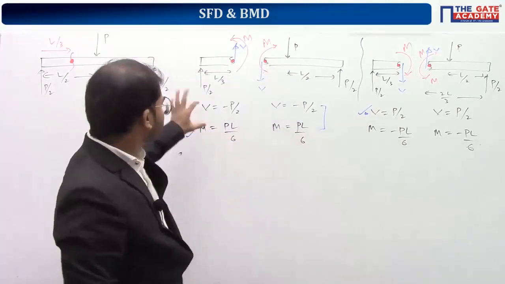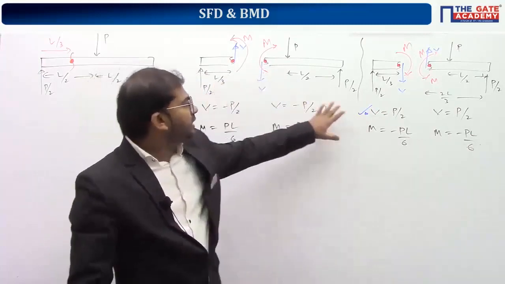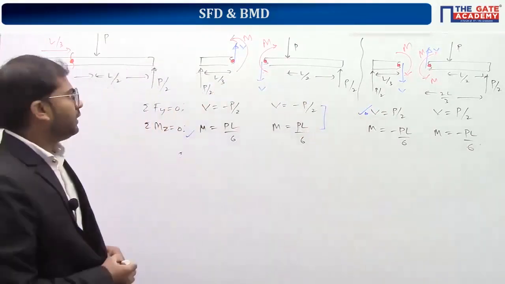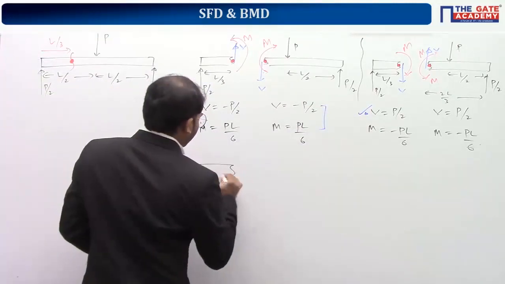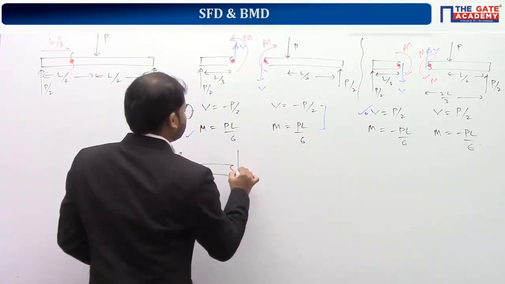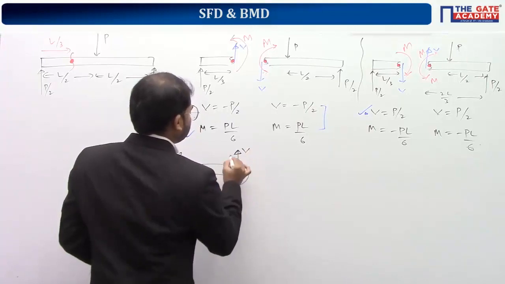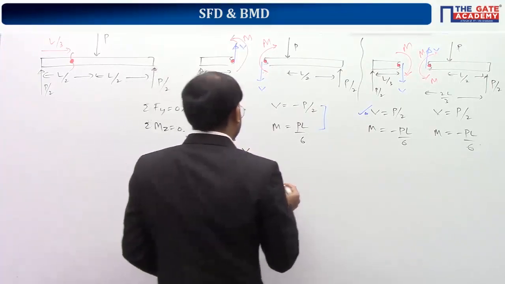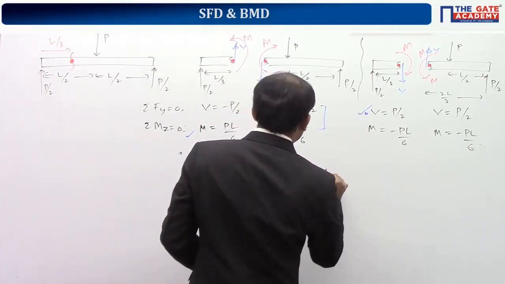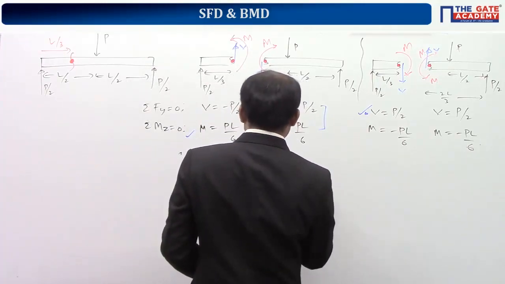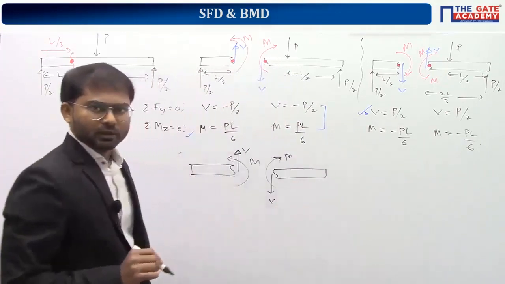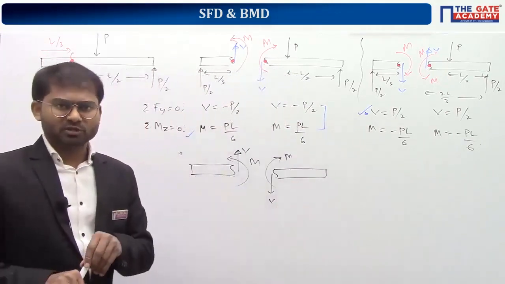Instead of following these two, they are following this and this. What I would like to convey here is, most of the people around the globe are following the convention. So V should be upside, M should be anti-clockwise if you are going by the left side part for shear force and bending moment, and V should be downside if you take the right side part, and M should be clockwise if you are going by the right side part. This is the sign convention followed by most of the people.